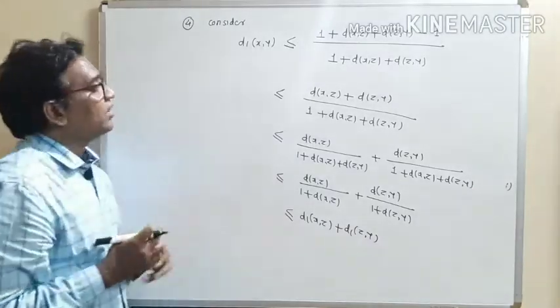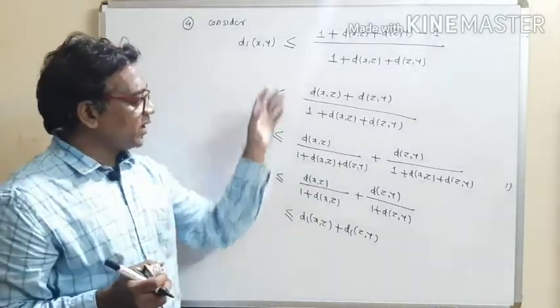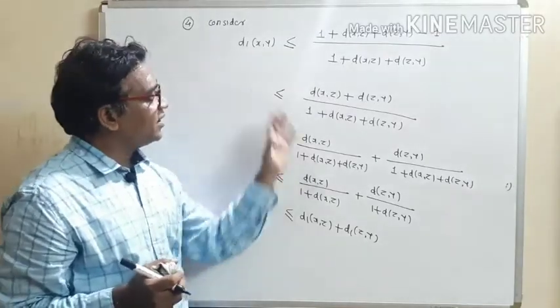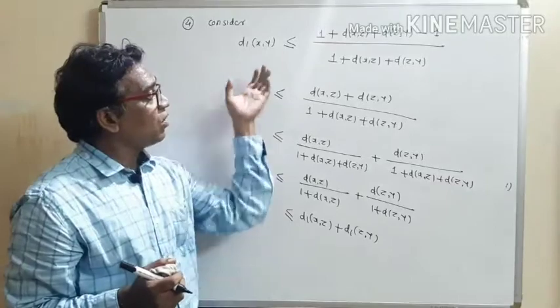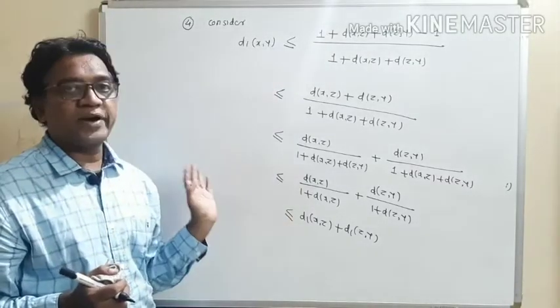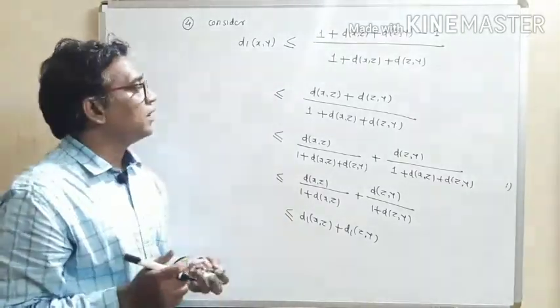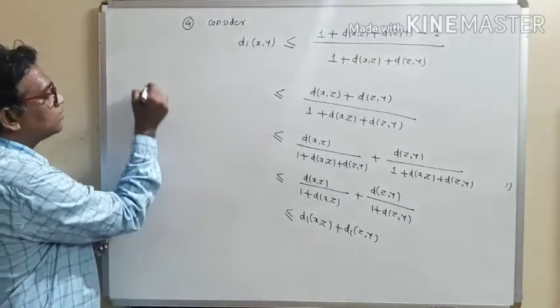What is the triangle inequality property? d1 xy is less than or equal to d1 xz plus d1 zy. So we have shown all the four properties for a metric, so we can say that d1 is a metric. So write down the conclusion. Therefore,